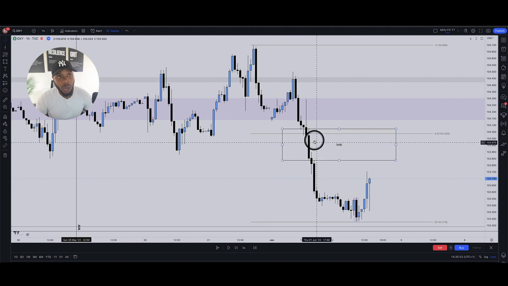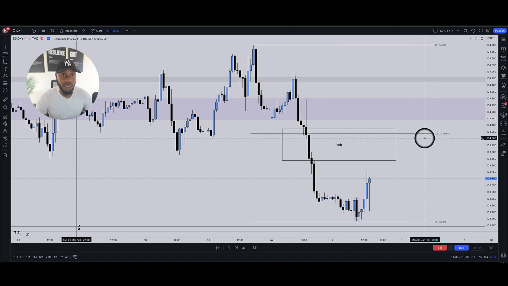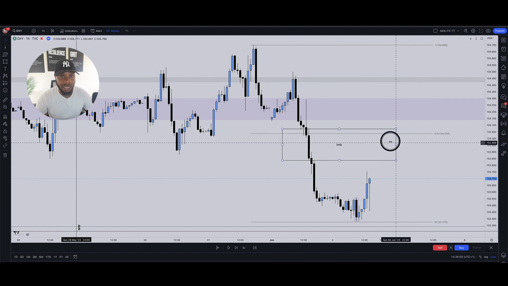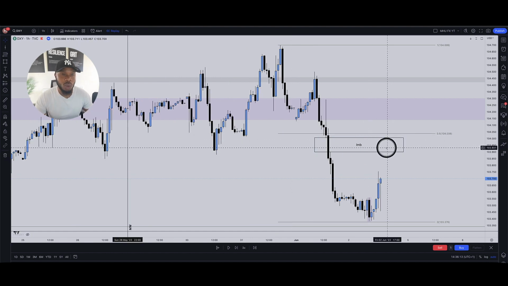Also, look, my 4-hour imbalance is basically just beneath my equilibrium point. That means this is easy money to get to. I did refine it to the 1-hour time frame. So let's just move this to the 1-hour time frame, to the 1-hour imbalance. This was going to be our draw on price, this internal draw on price, this imbalance